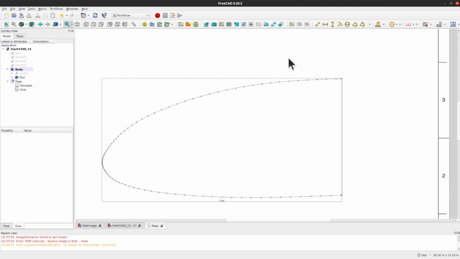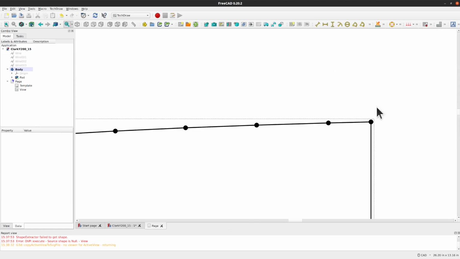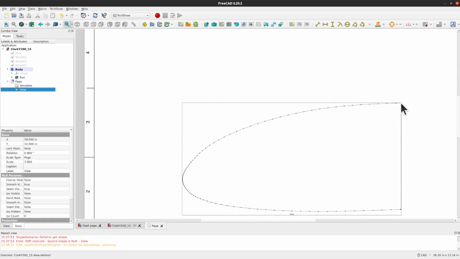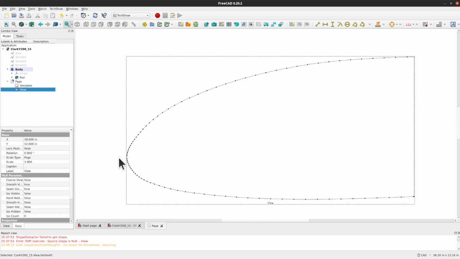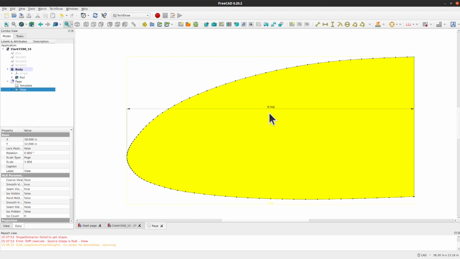There are several ways to do that. One is with two vertexes. So I'm going to come up here to this vertex, select it, come down to another vertex near the leading edge, and I'm going to hold down Control and select it. So we should have two vertexes. Yep, still green. So let's hit that. So it's